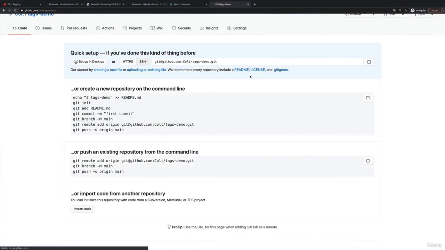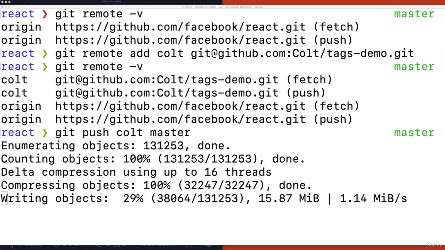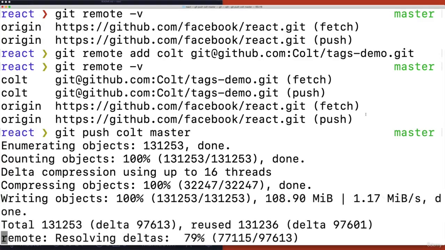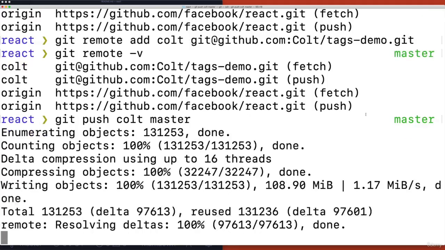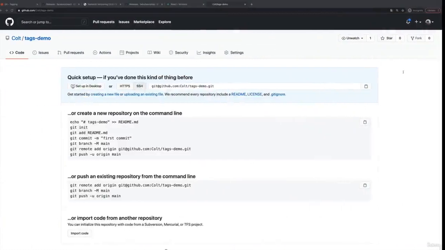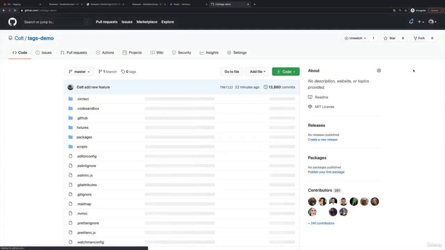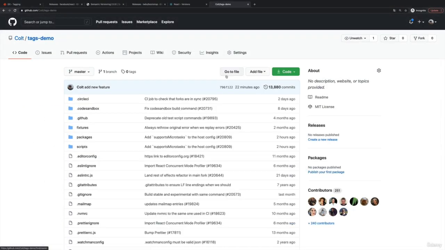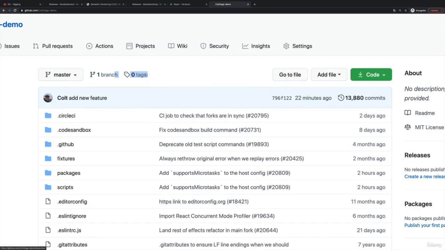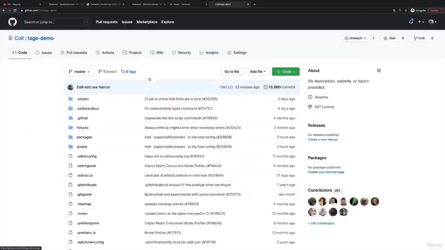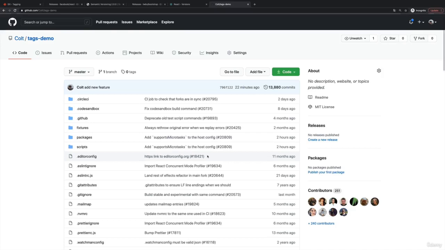But eventually, when that finishes, I'll refresh here and it's going to be like a minute or so. I'll edit this out. It's still going. Oh, something new. And that should be it, right? Okay. Whew. We'll refresh on GitHub. Great. I don't see any tags. Hopefully you see that right there. 0 tags. So everything I cloned from React is pushed up, but